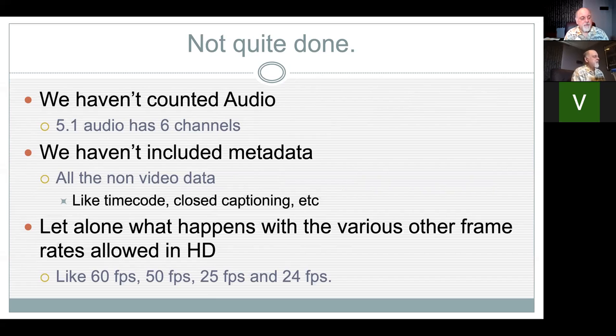But here's my question. My point to you is, because audio files don't get particularly large compared to video files, always use audio uncompressed. Don't compress your audio unless you have to, because it won't make a difference. When you're looking at this number here,